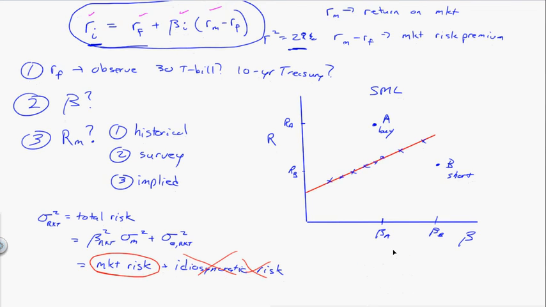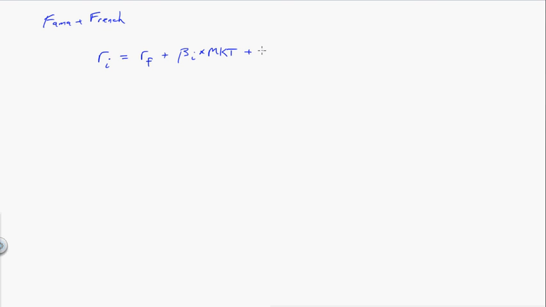Okay. Last thing, well, 2 more things. One is some guys improved this model. So Fama and French came along, and they said the return on an individual stock is not only the risk-free rate plus the beta of the stock times the market risk premium, there are two other factors. This should take care of everything, but for some reason,